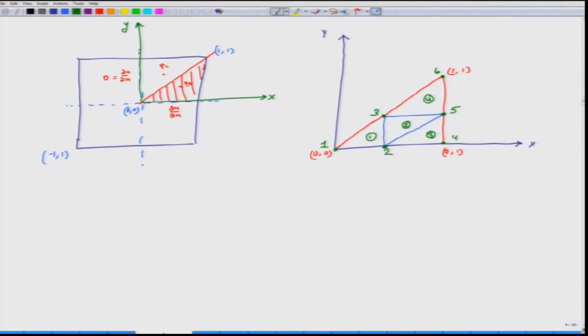So, this is important as we are formulating, we should very clearly identify global nodes and local nodes. And then the local nodes are 1, 2, 3, in each element. Let us also write down the boundary conditions. So, what is the boundary condition on the right edge of the problem? U is equal to 0, right. What is the boundary condition on the bottom edge of the problem?